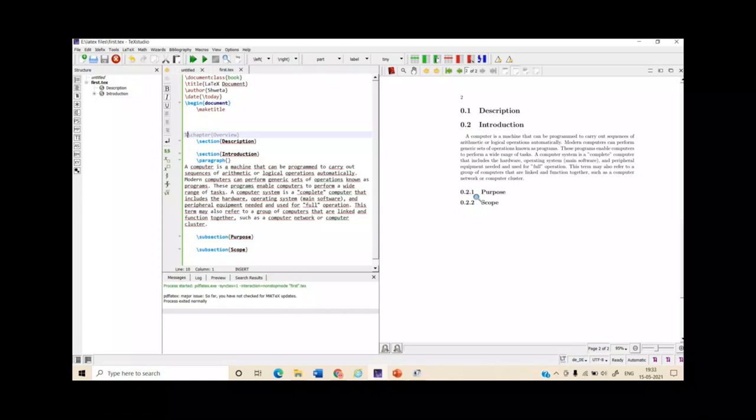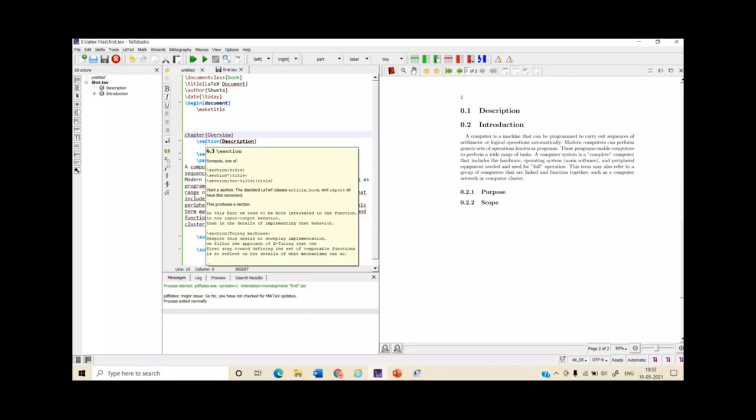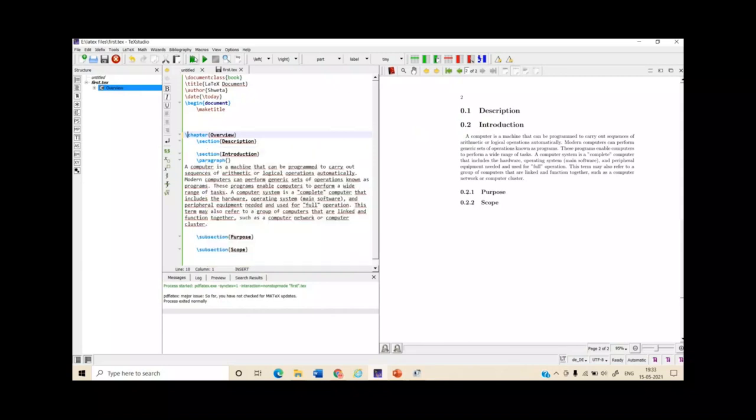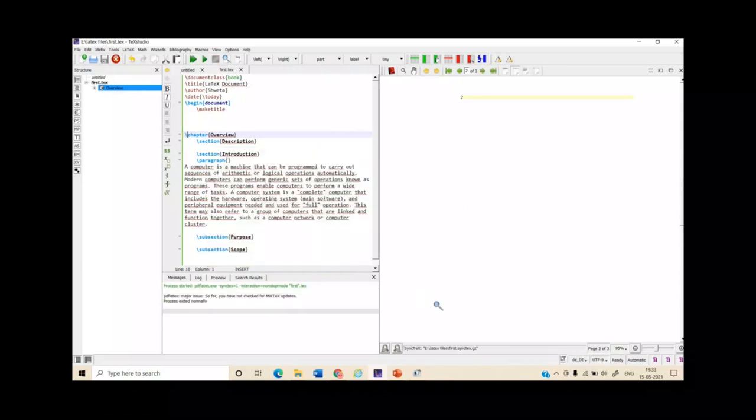And if you do not write chapter, like in this particular document, I'll just comment this part. That's why it is considering starting the sections from 0. Okay, so uncomment it and it will properly display the book.